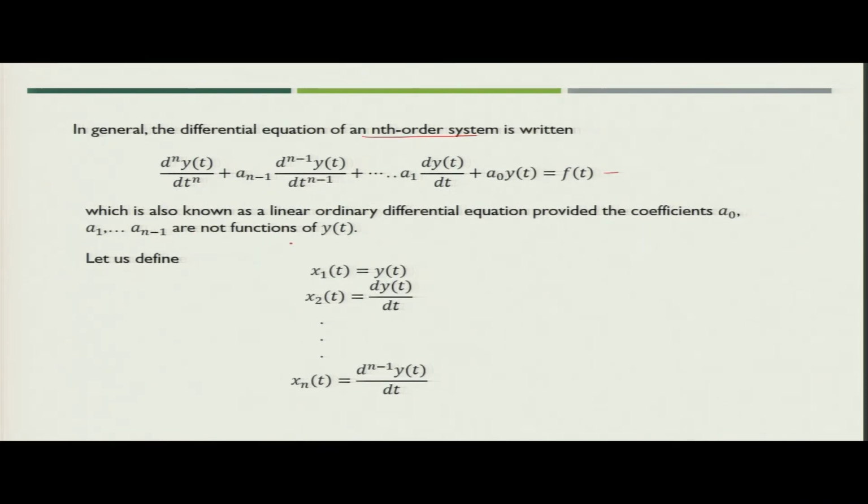So, what we will do? We will assume that a_0 to a_(n-1) are not functions of y(t), meaning they are constant coefficients. So, what we can do? We can replace y(t) with x1(t), dy/dt as x2(t) and so on, so that xn, the nth variable, we can define as d^(n-1) y/dt^(n-1). So, when you represent the individual component as a variable, you can simply write